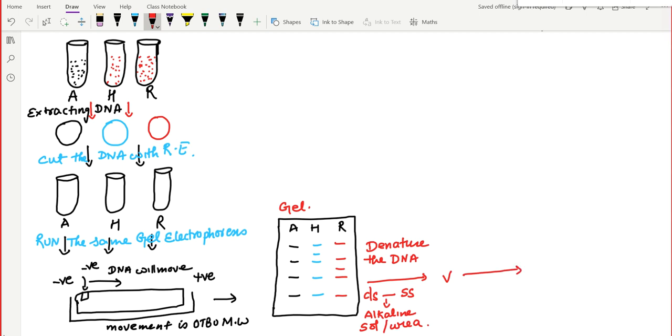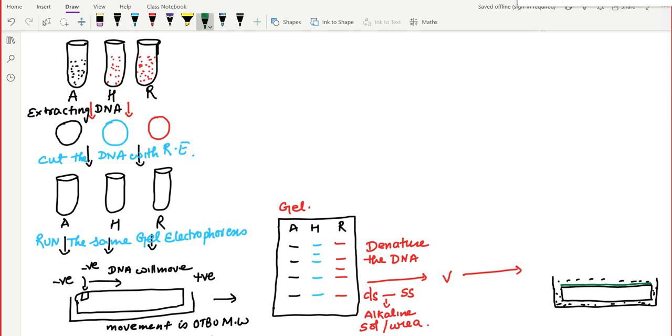After this, I'm going to transfer this DNA band from this agarose gel to a nylon paper. How are we going to do it? Let's see. For example, this is the gel electrophoresis unit. This is the agarose gel on which the DNA is present, and this contains the liquid which we have. What do we get to see in it? Obviously, we see liquid, so this is covered by the liquid. Now what I'm going to do is a very simple thing: I'm going to put a nylon membrane above this.